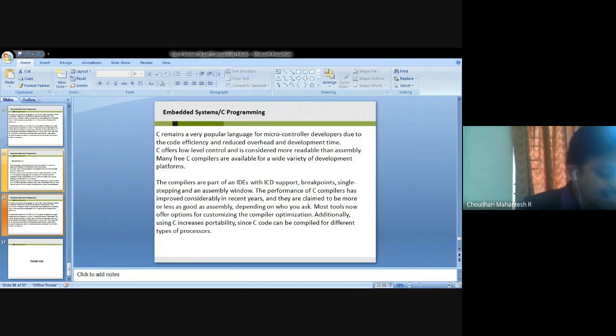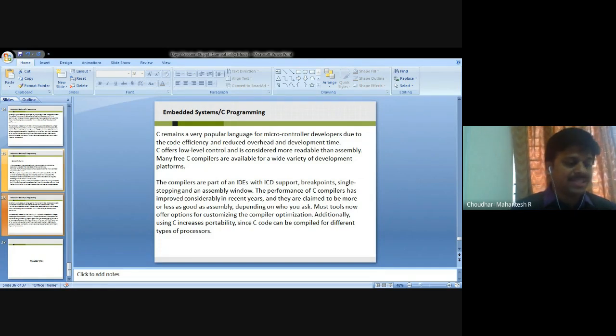Function-wise, C may return a result to the caller, and one or more arguments may be passed to the function. In a function definition, you have the type of value to be returned to the caller, the parameters passed, the local variables, the function body, and the returned result.